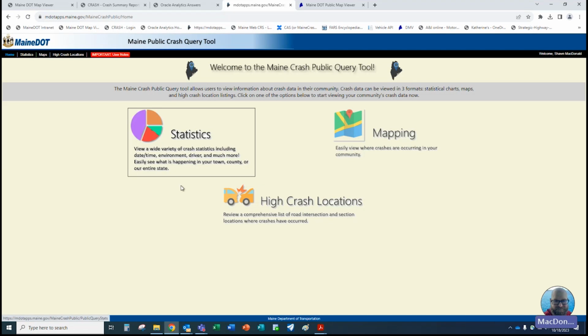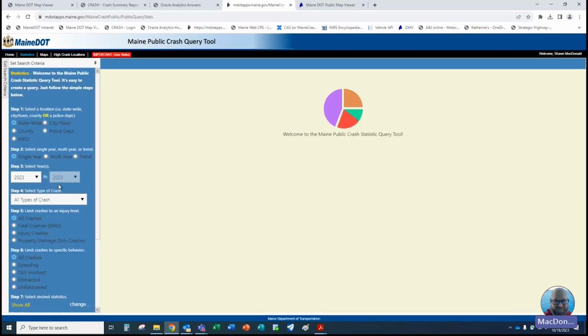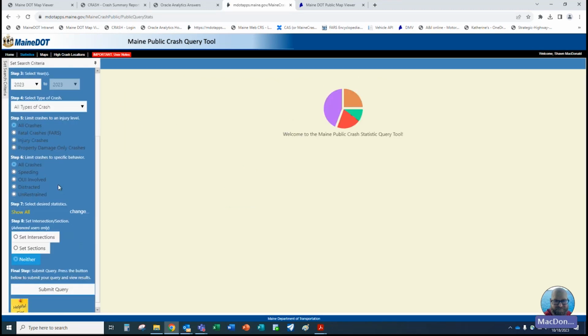Okay. So as I mentioned, we've got the three areas. We're going to start out with the statistics section. And as I mentioned, the advanced user options are very simple. It allows you the ability to set intersections or set sections of roads when you wanted to look at particular areas, so that you could look at sections of road or just certain intersections.